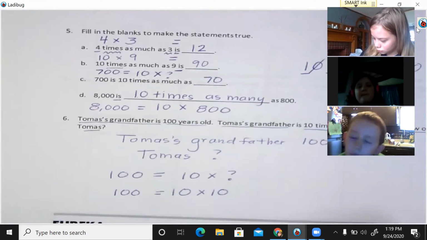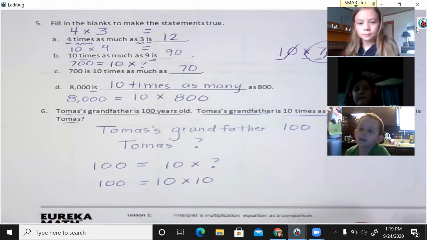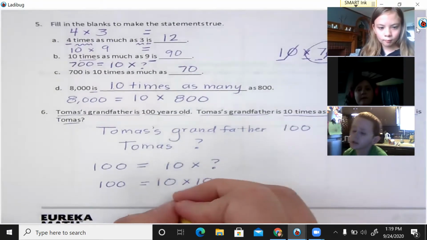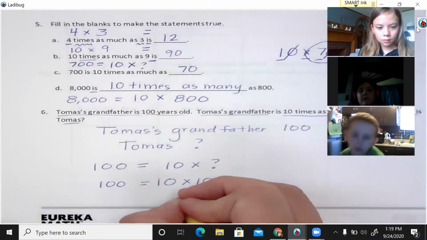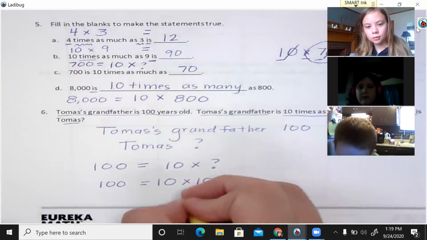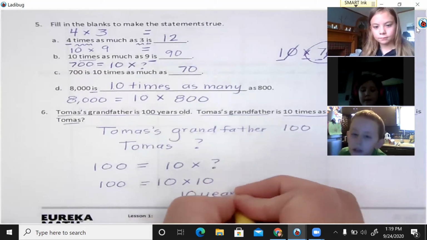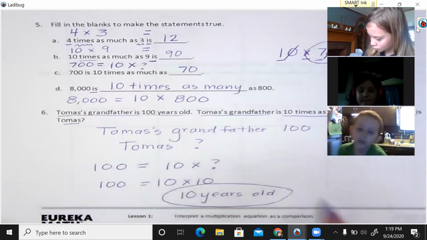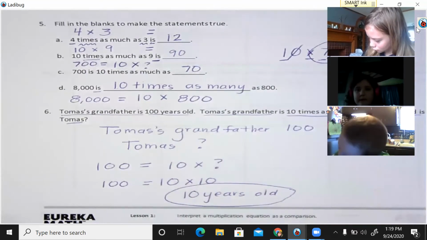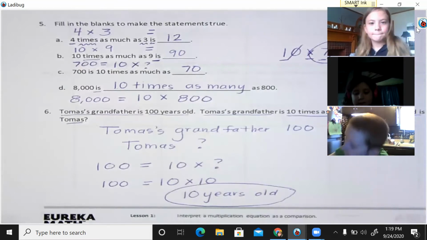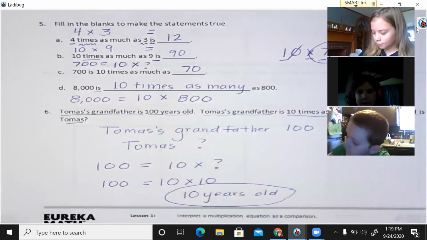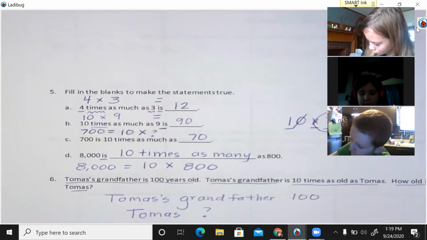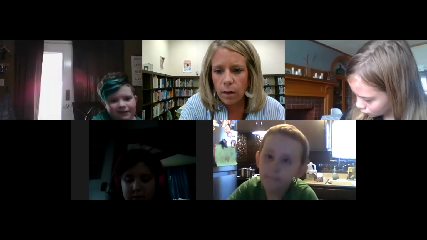So Nina, how should we answer this question? Because we have to actually put an answer down, not just our work. How old is Thomas? Thomas is 10 years old. Very good. So we want to write 10 years old. I might even circle it so I know what my answer is. Great job. Okay, so I'm going to just stop sharing that and